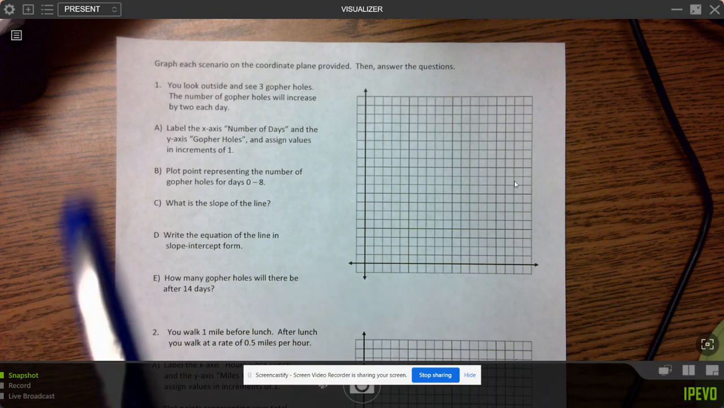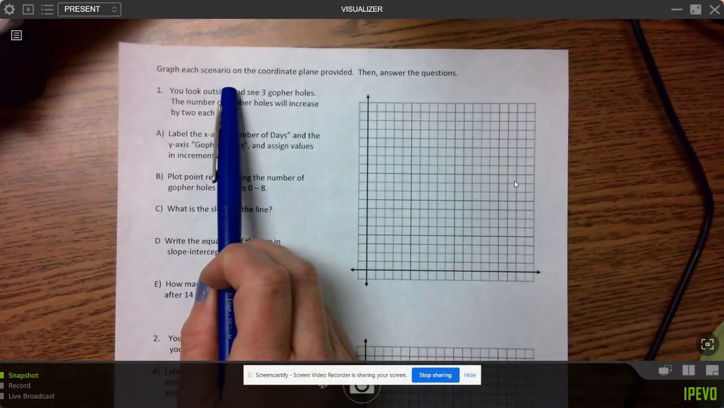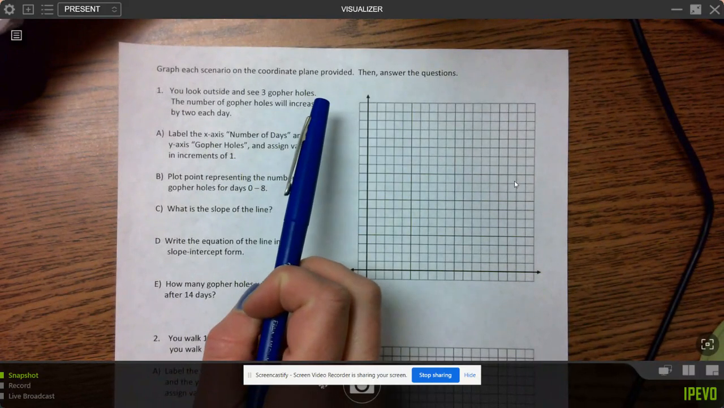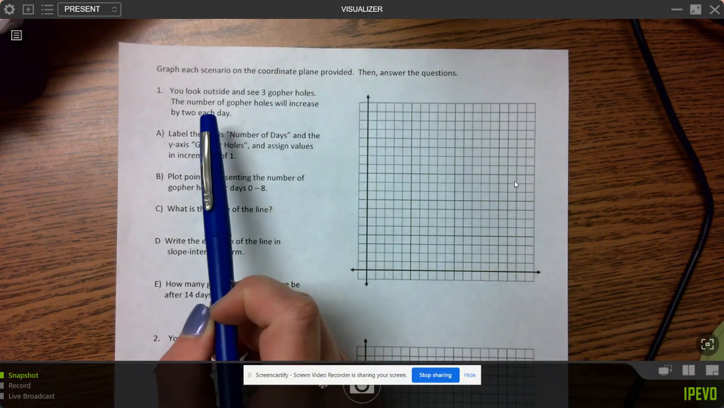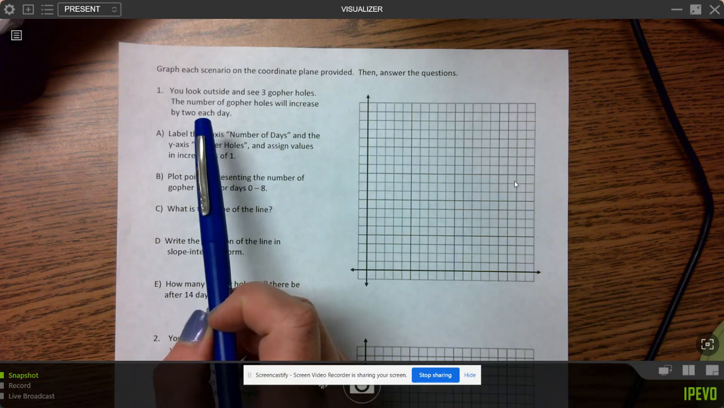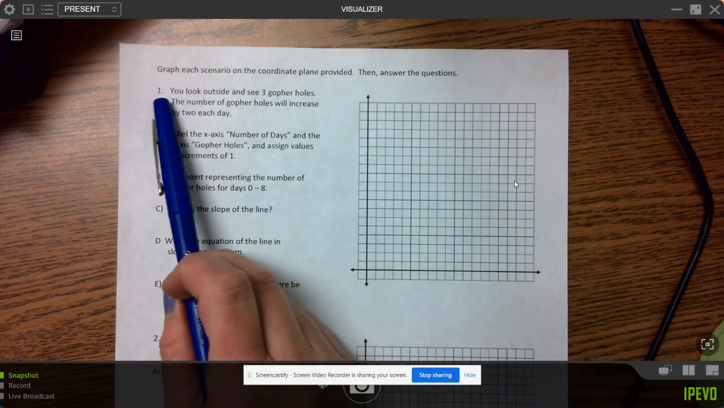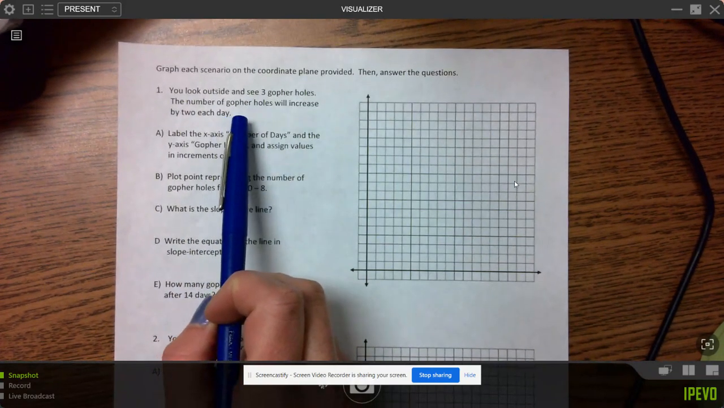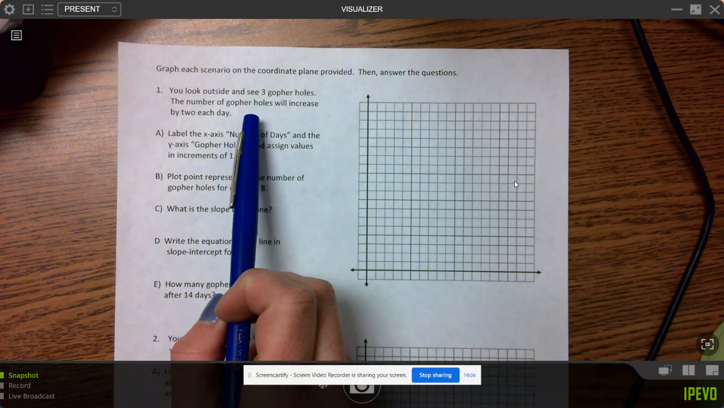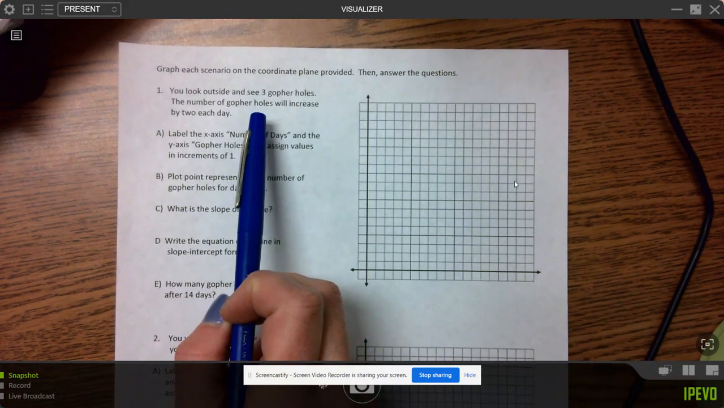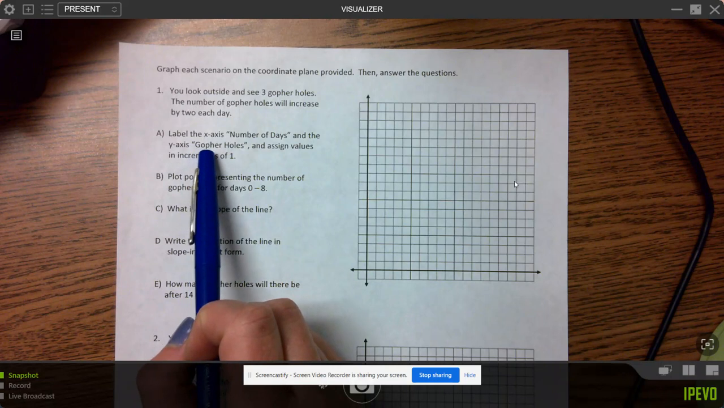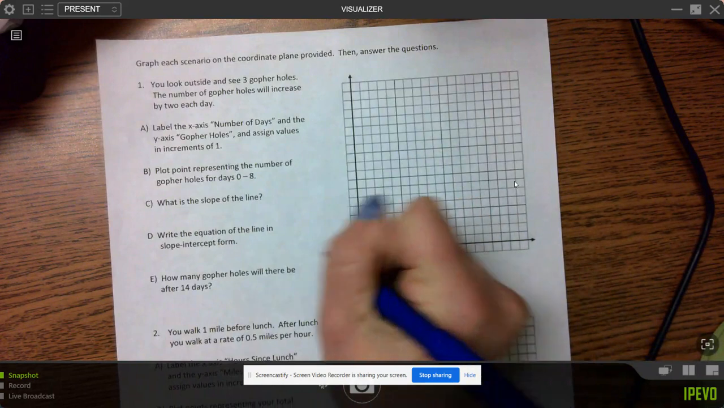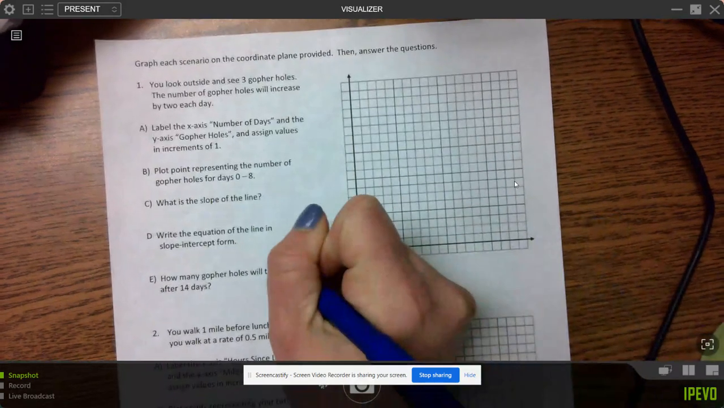So we're going to figure this out together. All right. So we'll start off with, it says, graph each scenario on the coordinate plane provided, then answer the questions. So in order to graph it, we need to find that y-intercept, that slope. So let's look at number 1. You look outside and see 3 gopher holes. The number of gopher holes will increase by 2 each day. So label the x-axis number of days. The x goes across, so that's number